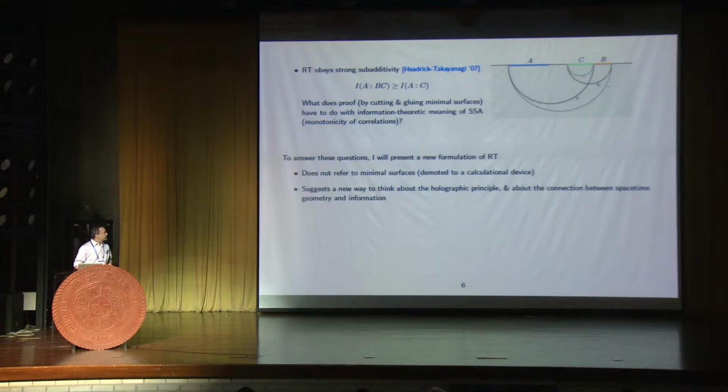Okay, so what I'm going to do next is I'm going to simply rewrite the formula in a new way. So I'm not going to change the formula at all. It's going to be exactly the same formula as before, just rewritten in a new way. And I think you'll see that once you rewrite it in this new way, then these confusions just kind of melt away. And the basic thing I'm going to do is I'm going to just eliminate the minimal surface. So in the new way of writing, the minimal surface won't appear. In fact, there will be no surface areas.